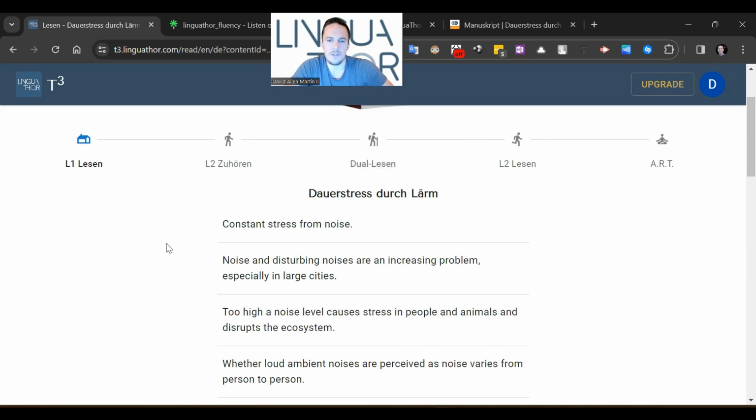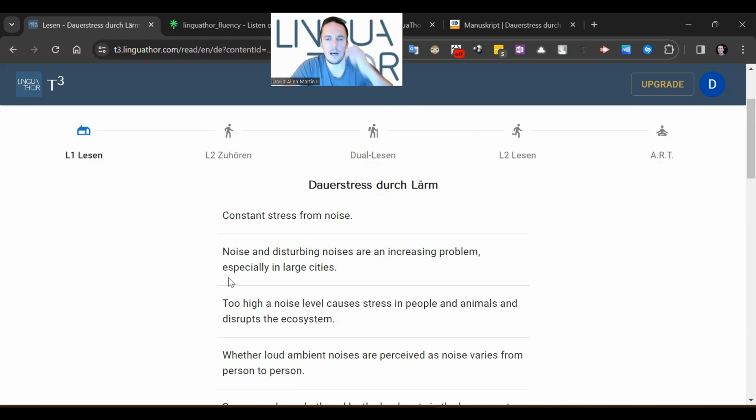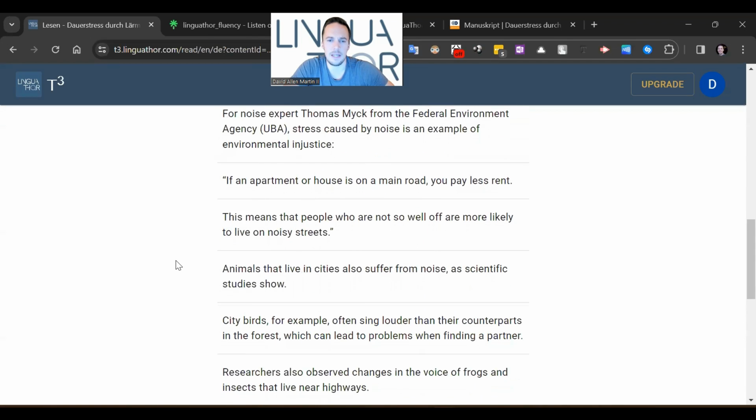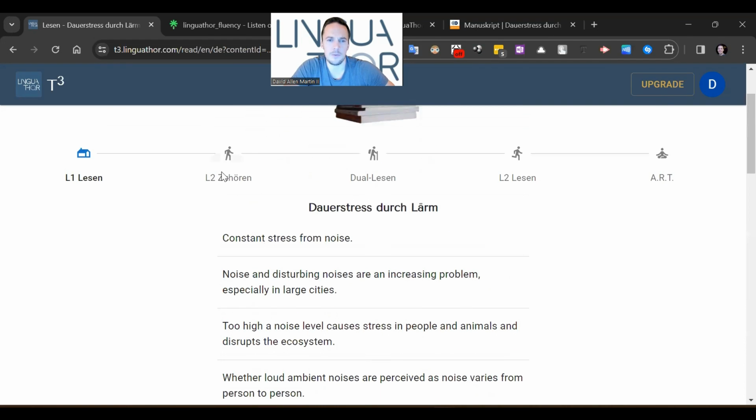Noise and disturbing noises are an increasing problem, especially in large cities. Too high a noise level causes stress in people and animals and disrupts the ecosystem. Maybe one more line. Whether loud ambient noises are perceived as noise varies from person to person. Okay, after we've read through that entire text in our native language, we're going to go to the second stage,